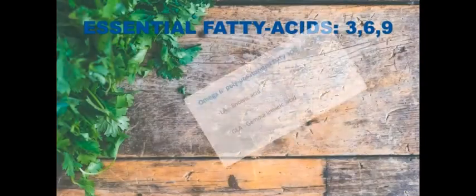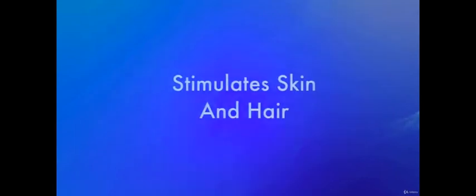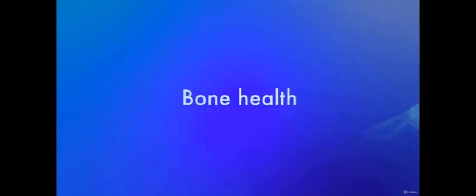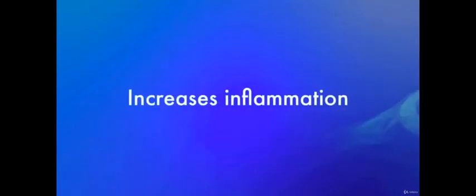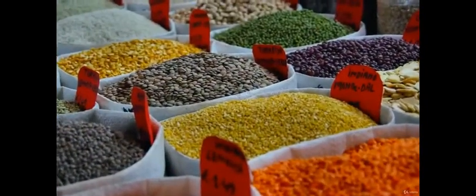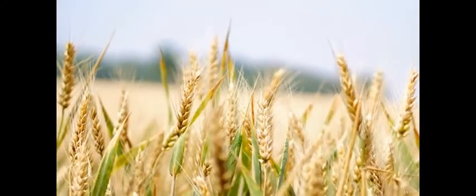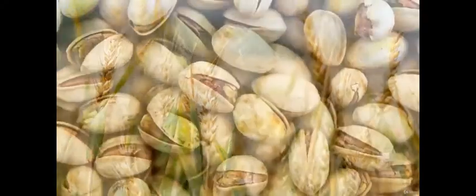The second essential fatty acid is omega-6, also a polyunsaturated fatty acid. We find linoleic acid and gamma-linolenic acid. When it comes to role, omega-6 is good for brain function, growth, stimulates skin and hair, bone health, and increases inflammation. When it comes to source, omega-6 is found in seeds, nuts, cereals, green vegetables, olive oil, wheat germ, grapeseed, pistachio,